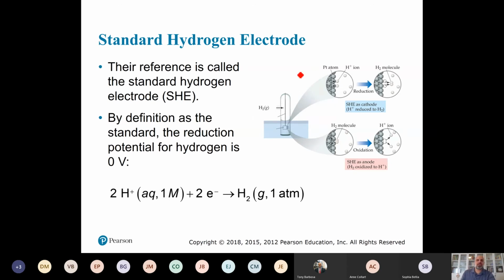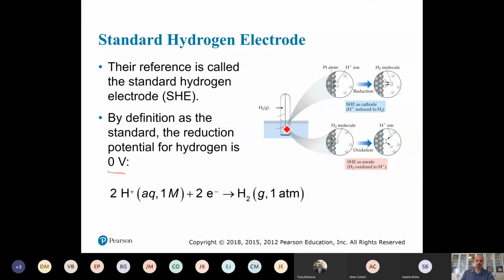The standard hydrogen electrode, right? It's just going to use this for comparison. This is the reference cell. This is the thing that everything else is compared to. And by definition, as the standard, the reduction potential for hydrogen is going to be given 0. Because it's a standard, we set it to 0. And all that's going on here is they have a